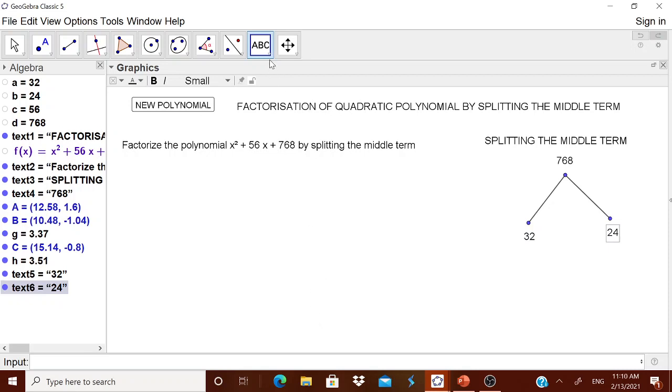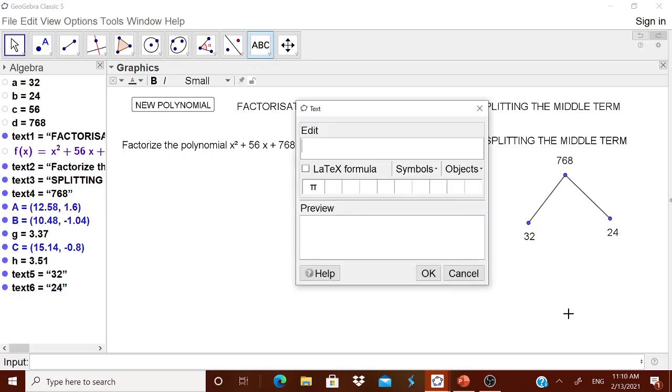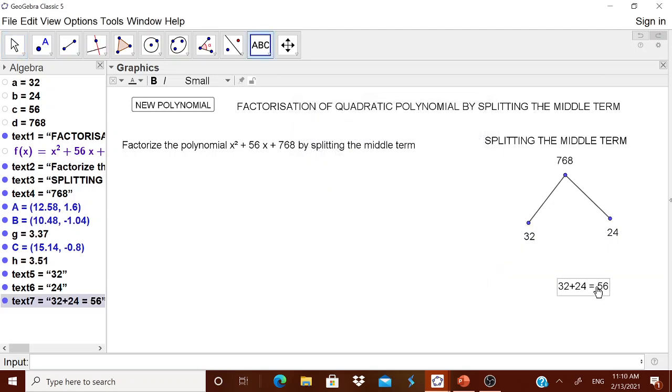Why are you splitting it like this? Because you explain to them what is the meaning of this A. Sorry, why it is being split. You have to tell the children that this is actually the idea. A plus B should be equal to C, therefore their addition should be 56.